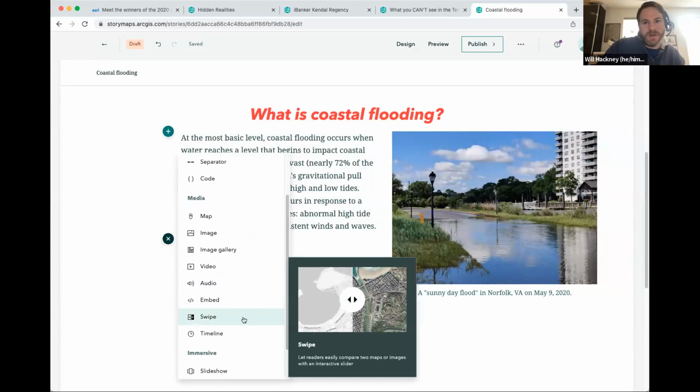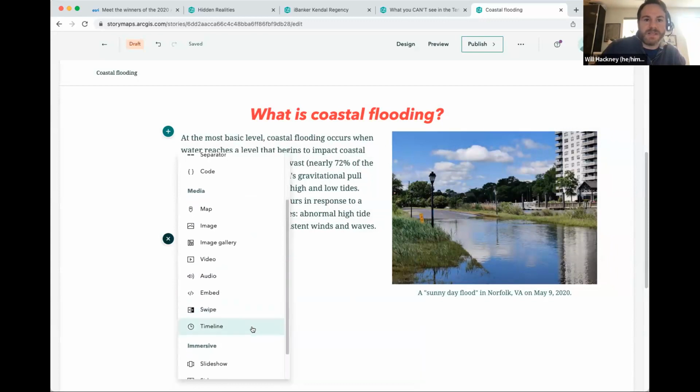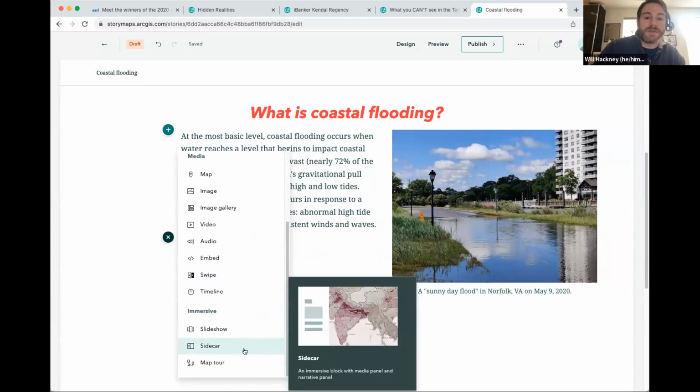Swipe block's a fun way to compare, have either two images or two maps side by side, and there's a slider that compares them. And then timeline block. But what I really wanted to spend some time on here is the immersive blocks Ross talked about, because those really are the bread and butter of ArcGIS Story Maps,